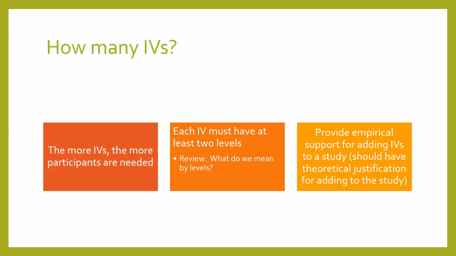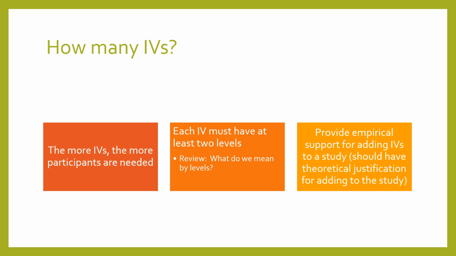One thing is we really have to provide empirical support for adding independent variables to a study. This means you should have some sort of theoretical justification based on similar prior research when adding a variable. Basically, you can't just add a variable because you want to. You need to have some sort of theoretical grounds or justification for adding that variable, and that can be based on prior research you've read or similar